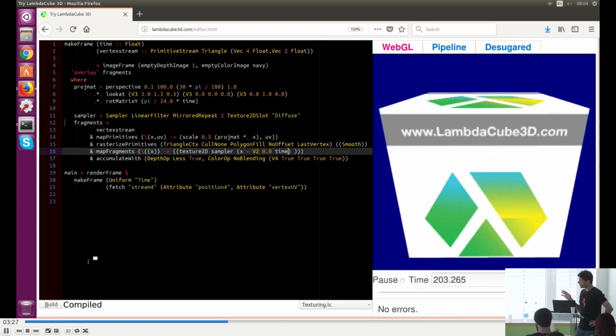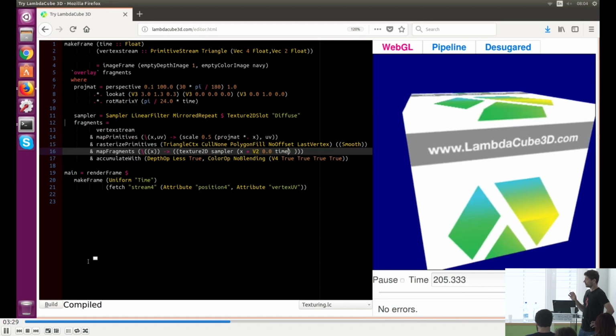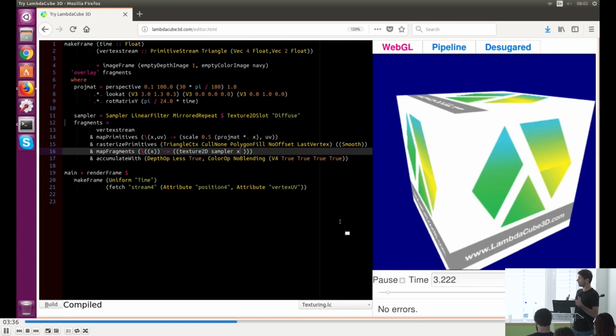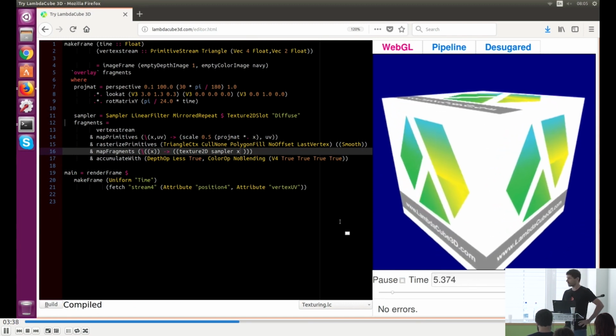So this live coding concept is good for experimenting with algorithms and effects. And the difference between a shader language and LambdaCube is that in LambdaCube a multipass algorithm can be expressed in this language because it's not only shader, it involves the draw calls and